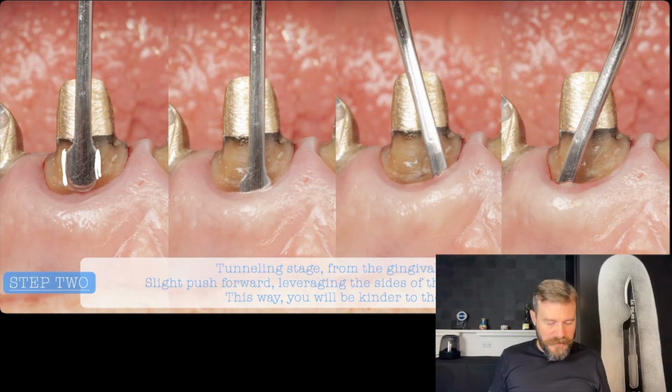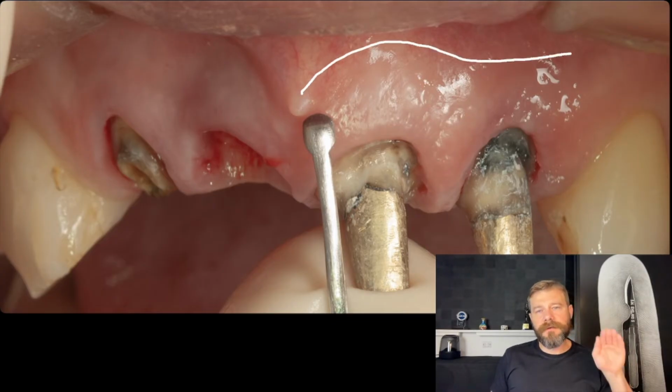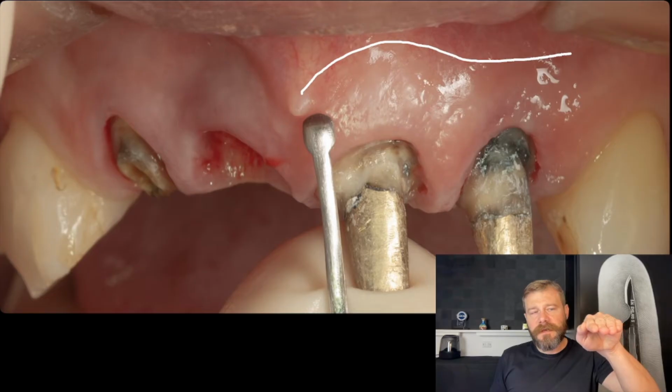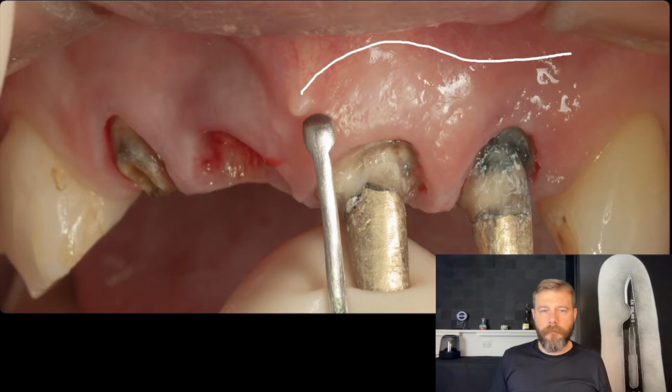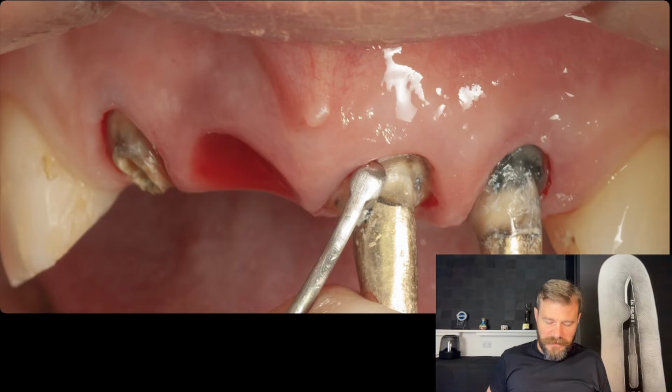Okay, so this is the step where you're going to detach until the mucogingival line. You're going to really move these instruments. Here is another clinical case, and you use this instrument to the mucogingival line. You're going to detach exactly to the line plus 1 millimeter forward. We're not going to detach this flap deeper than the mucogingival line plus 1 millimeter. I'm going to explain that in the sequence here. So the tissue being detached,